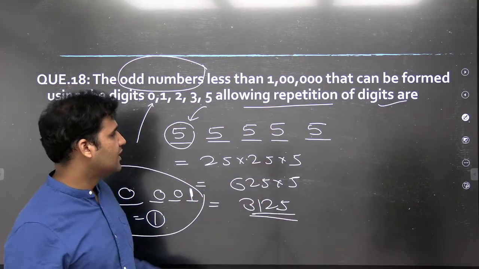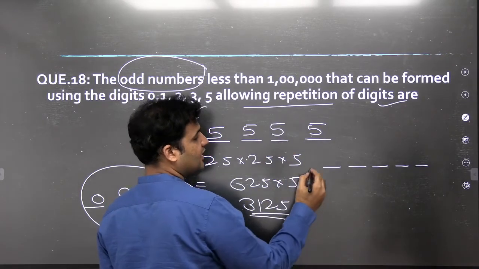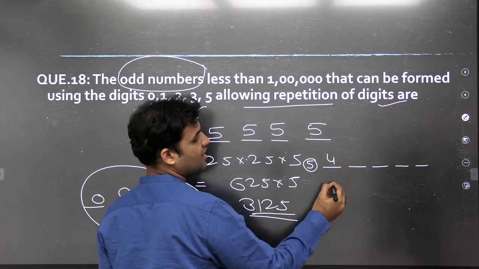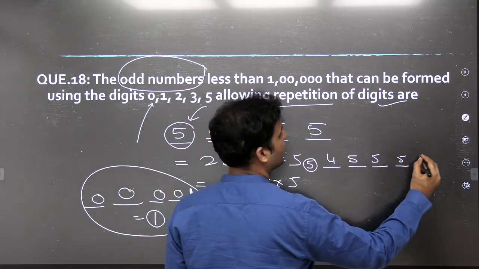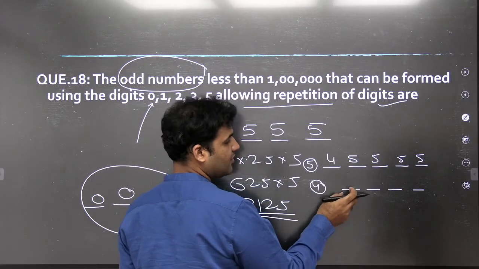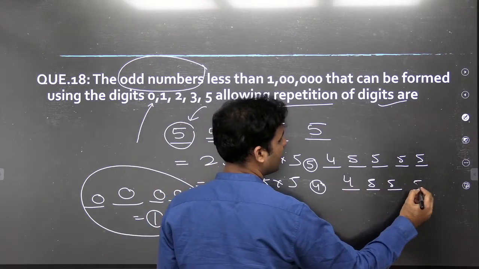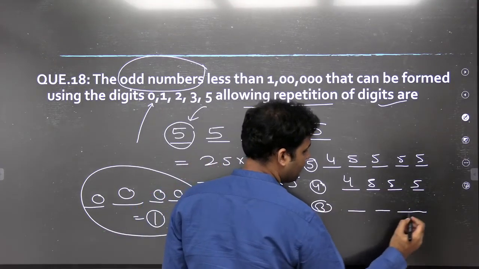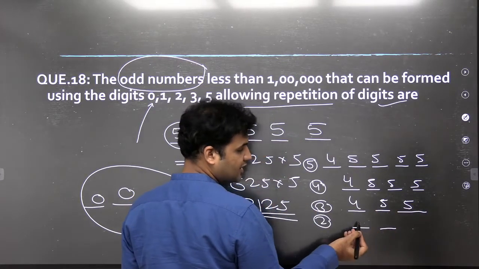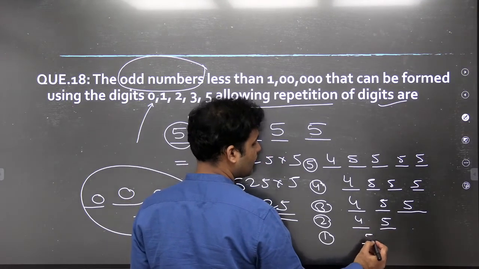The second way to do it is that you go with separate cases. Let's first try to make a 5 digit number. If I want to make a 5 digit number, I cannot place 0 over here. So this place can be filled in 4 ways, then 5, 5, 5 and 5 ways. And then the second case where you are making a 4 digit number. Because you are making a 4 digit number, the first place can be filled in only 4 ways. The rest can be filled in 5, 5 and 5 ways, and so on. For a 3 digit number, the first place can be filled in 4 ways, and the others in 5 and 5 ways. For a 2 digit number, this place can be filled in 4 ways and this place in 5 ways. And for a 1 digit number, this place can be filled with any of the 5 digits.